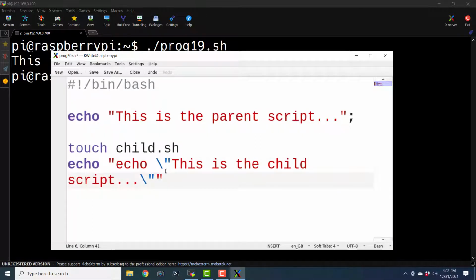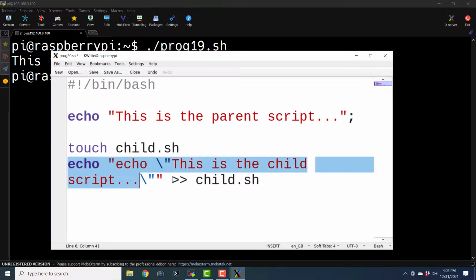Okay, so we are going to enter this entire information, echo, this is the child script. We are going to append that to the file child.sh with this information. So first we are going to create this file, and then we are going to add this echo statement to this file child.sh.